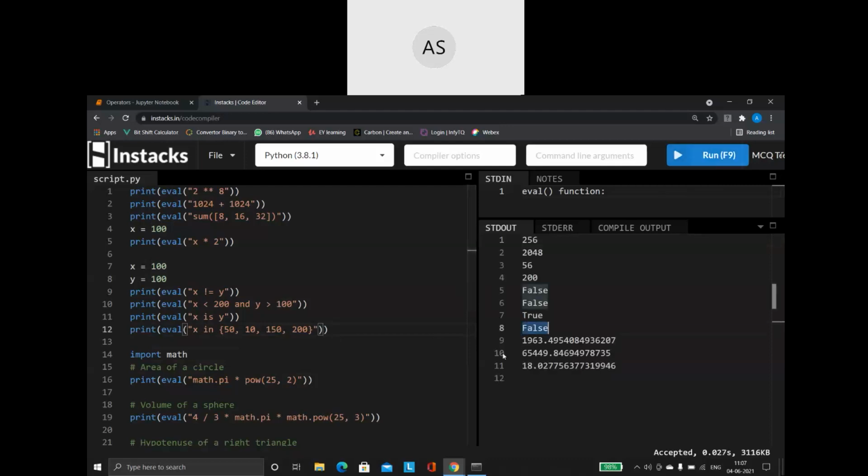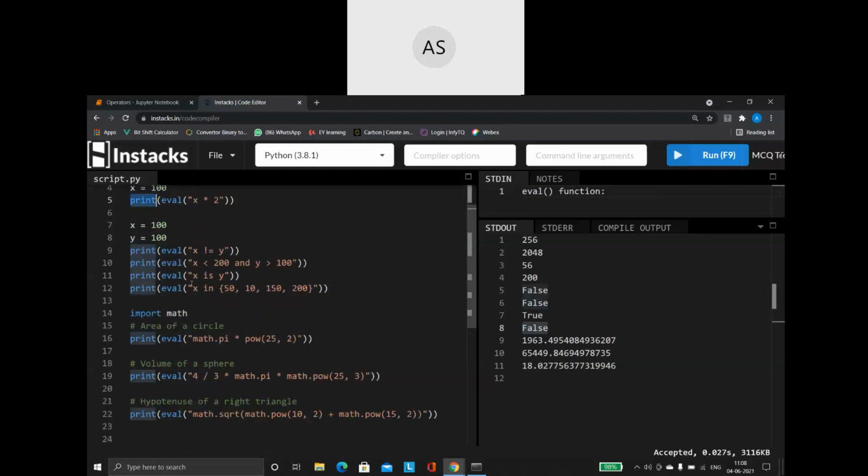It is going to give me the result, and those also I can use. So these kinds of expressions also to evaluate, I can make use of the eval function. I can use the eval function for arithmetic operations. If I want to perform any arithmetic operations, I will put the value as a string and pass it inside the eval. The eval function will evaluate this operation and give me the result. So I can either store the result or print the result.